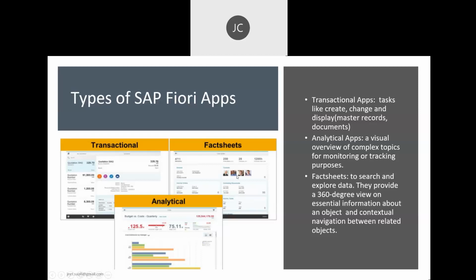Then there are fact sheet apps also available. These are particularly used by top management. Once we get into the system, I will try to check what factual apps are available, but 100% transactional apps are available. But for our understanding, three kinds of apps are there. Mainly, we focus more on transactional and analytical apps, and you can see that both apps are here in the one system, right?